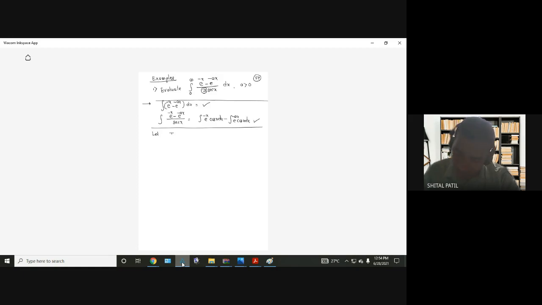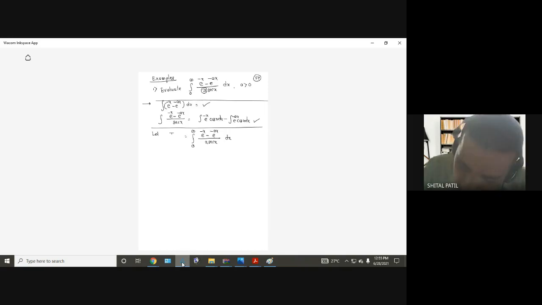Okay, so we have an integral like this: 0 to infinity, (e raised to minus x minus e raised to minus ax) divided by x sec x. Now we are integrating with respect to x. After integration, suppose fortunately we are able to integrate this, we will replace x by infinity and then x by 0. So x will be ultimately removed, and what will we get?